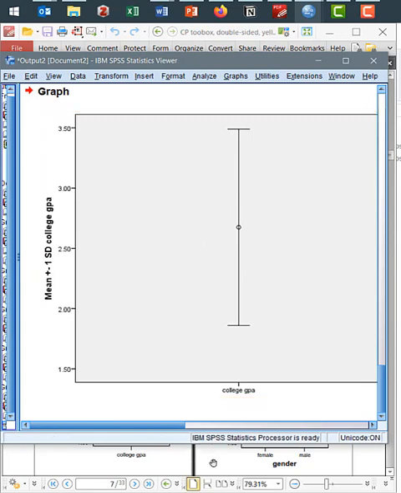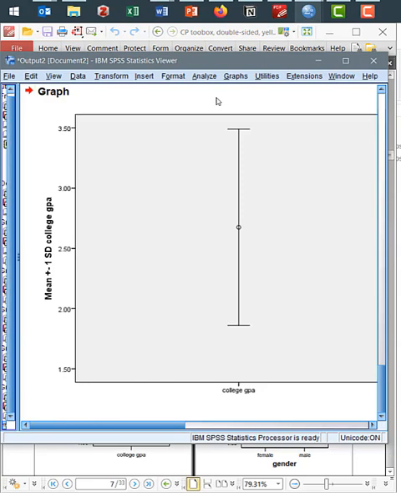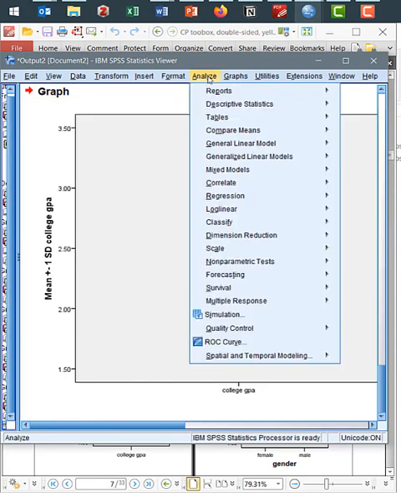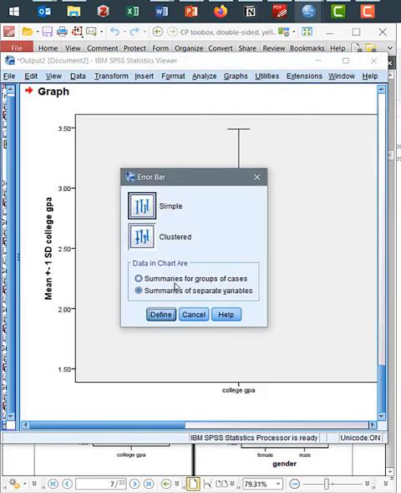Okay, if I go back to my SPSS guide, now the next thing I want to do is do it for separate cases where I break out GPA into males and females. Okay, so how do I do that? I go analyze, graphs, legacy, error bar. Now I'm going to click on groups of cases, define,